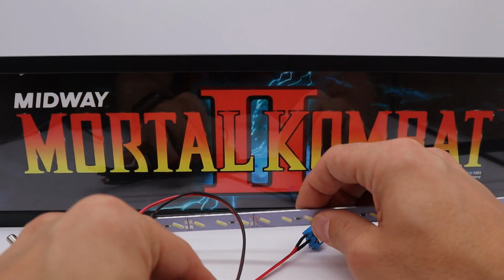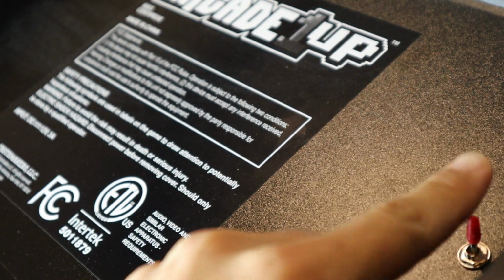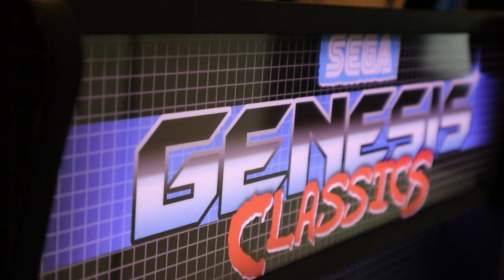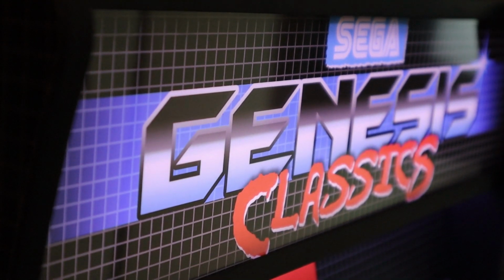And then on the other end of this, you're gonna have a switch. This switch can be mounted somewhere in the 1UP cabinet so you can turn your marquee on and off. So depending on if you want it to be off all the time, you could just turn it on as needed, or just turn it off at any point in time. It's pretty easy. You would just drill a hole to accommodate this,